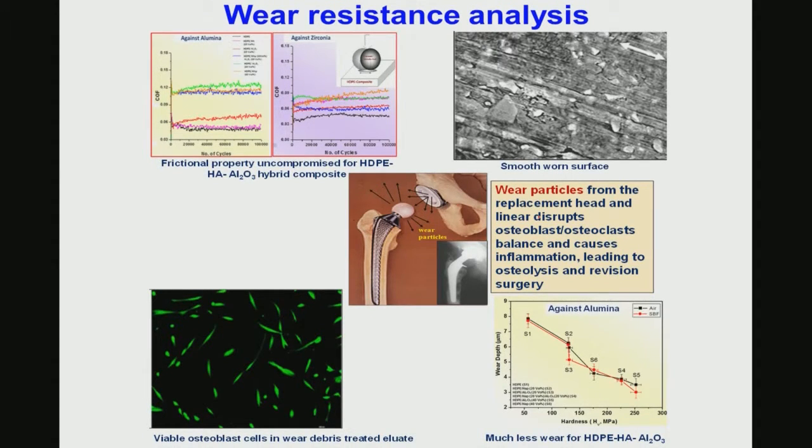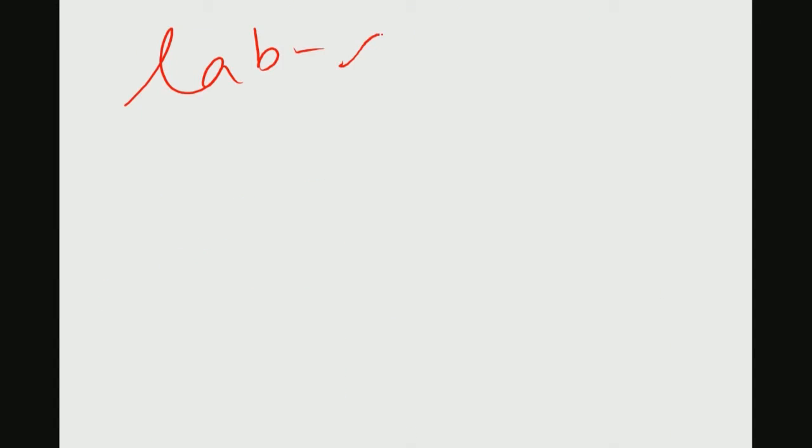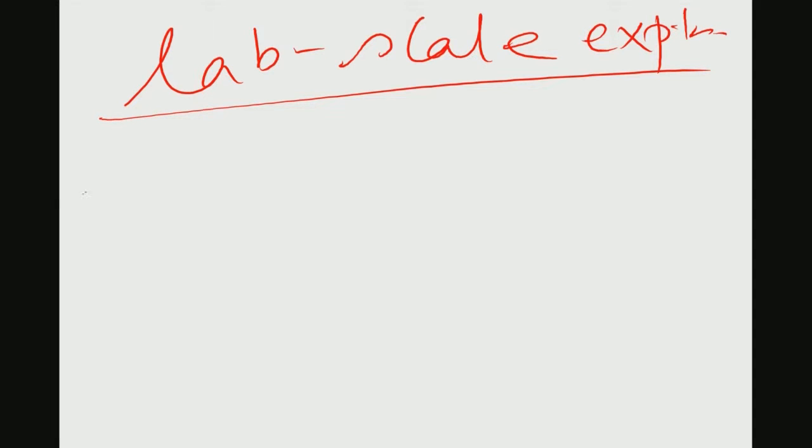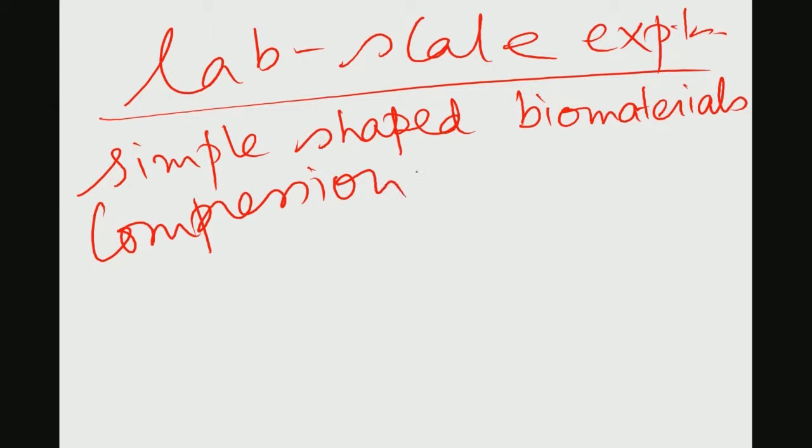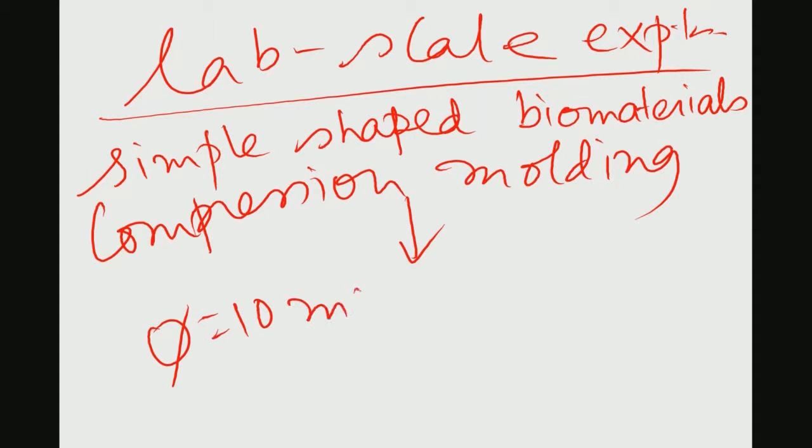Anytime this kind of prototype development work or research is there, the first thing one has to do is lab scale experiments. Lab scale experiments means one can start with compression molding of these materials, and for example, you can do injection molding, you can do compression molding of these kinds of polymer ceramic composites. Lab scale experiments essentially start with simple shaped biomaterials. Simple shaped biomaterials means you can do compression molding with a very simple mold shape, and it can give you, let us say, 10 millimeter diameter samples,